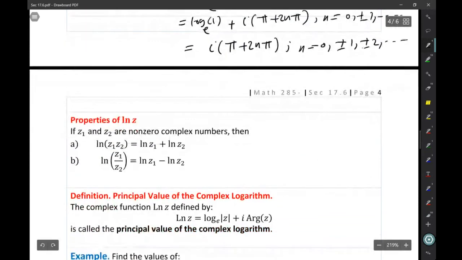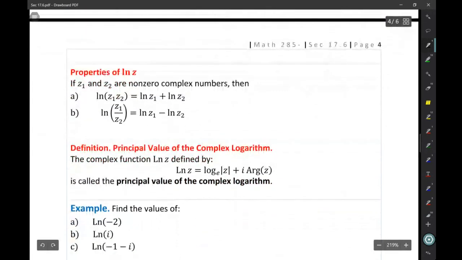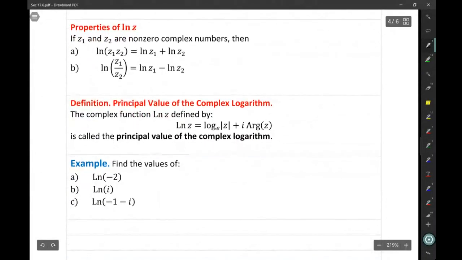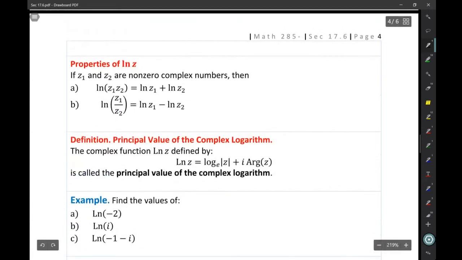Okay, any question here? This section and the next section are just a matter of calculation only. The concepts are all calculations. Let's see: if we have z1 and z2 non-zero complex numbers, then ln of z1 times z2 is equal